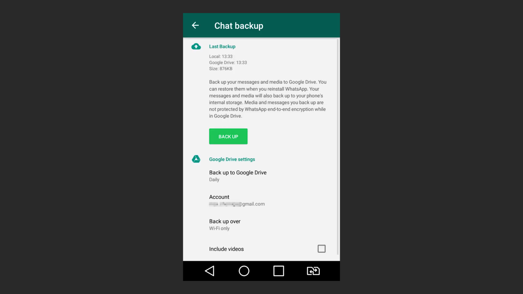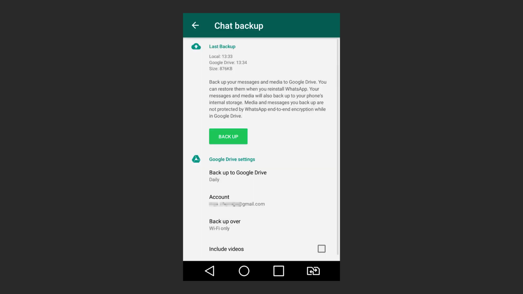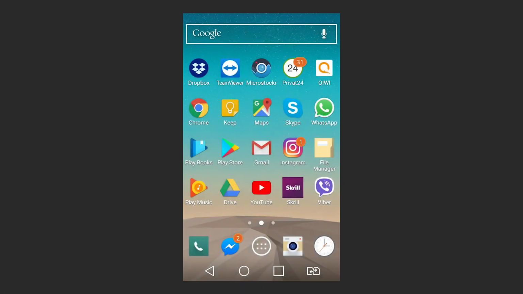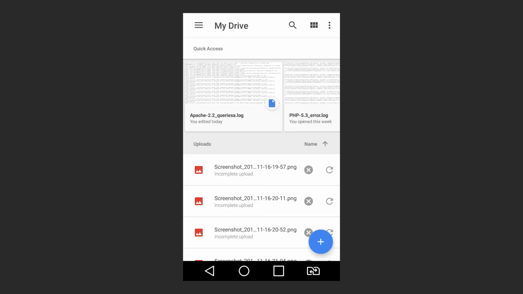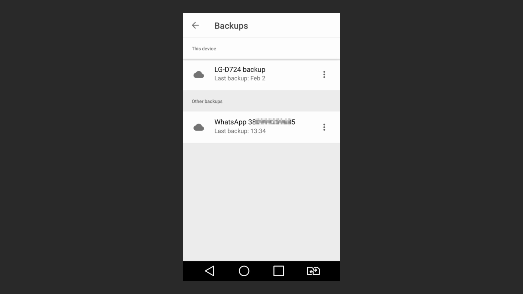You can set up how often the backup copy is created in Google Drive. Tap the line Backup to Google Drive and select how often you want to create backups. Having entered Google Drive, it doesn't matter if you get there from your smartphone or PC, you will find your backup in the Backups menu. Now when you reinstall WhatsApp on this device, the Messenger will detect the latest backup and will suggest restoring history